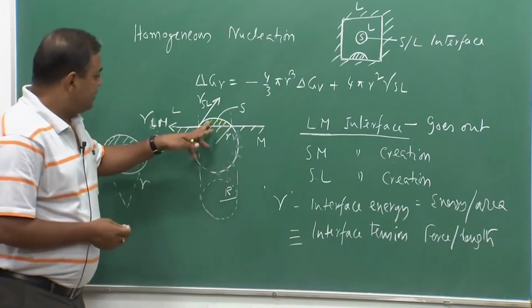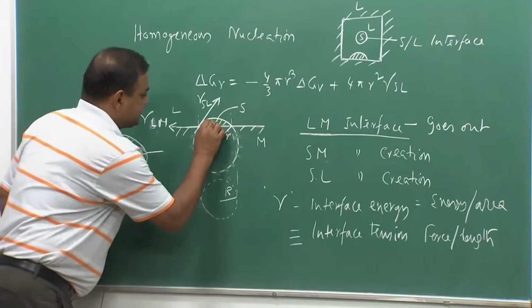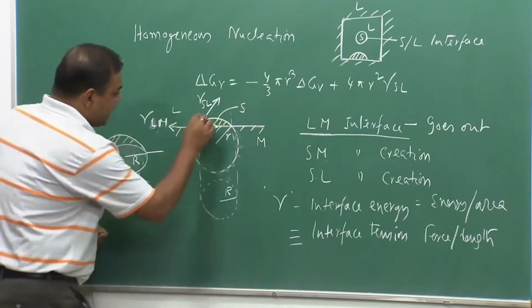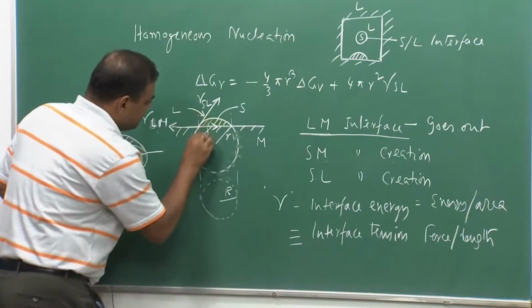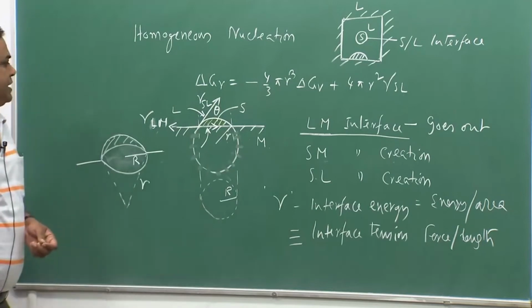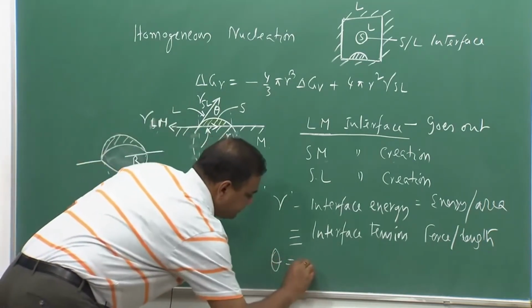And another interface, which is SM, will be acting this way. So, now we have a situation like this, and this angle we call theta. Now, this theta is called